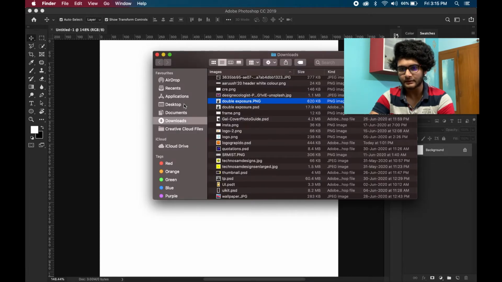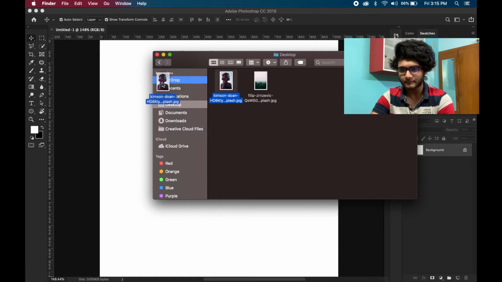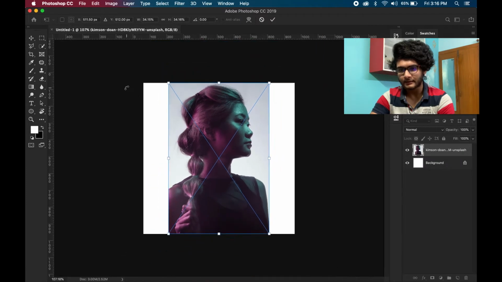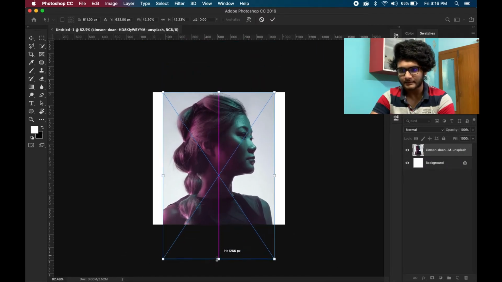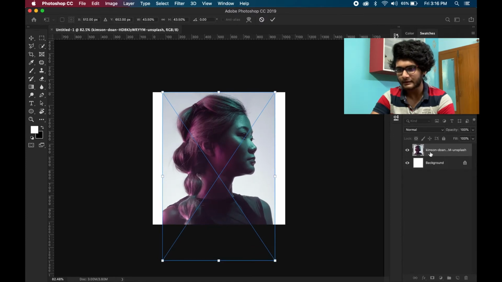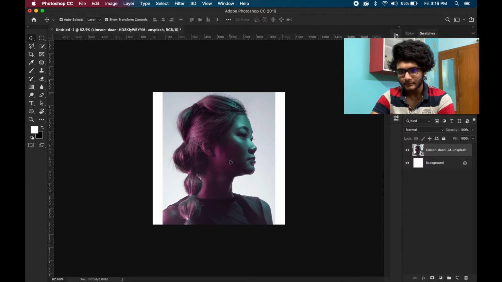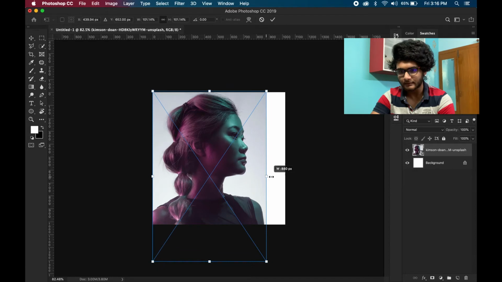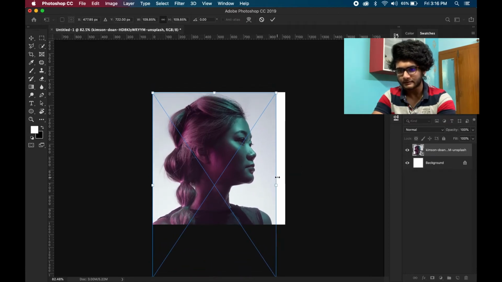First we will drag the portrait image, which will look kind of like this, and then we will adjust it a little bit. Let's make it large. First we will convert this into a smart object, and then increase it a little bit in size. Now this is what it looks like. This is how we want it to be.